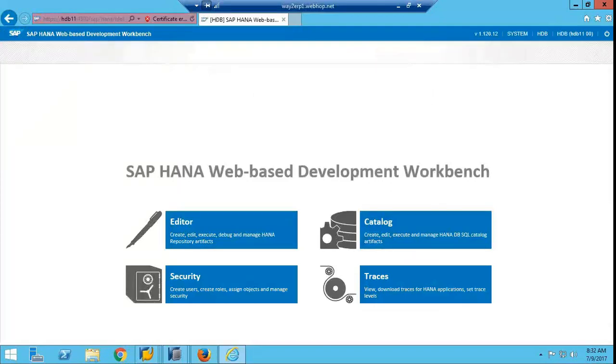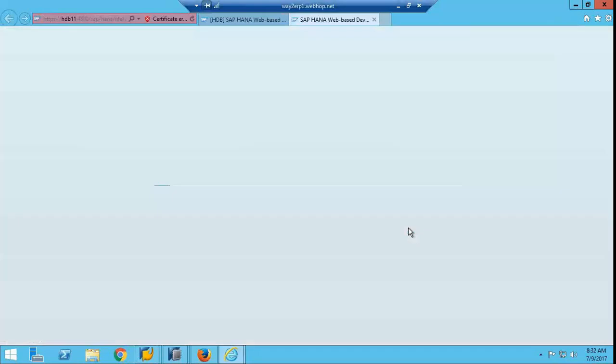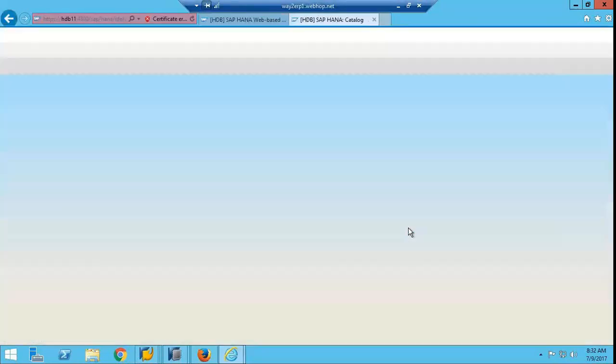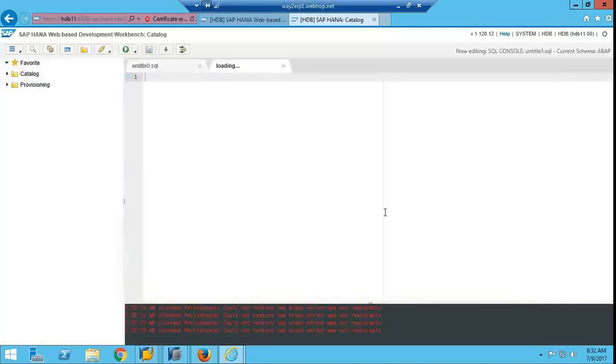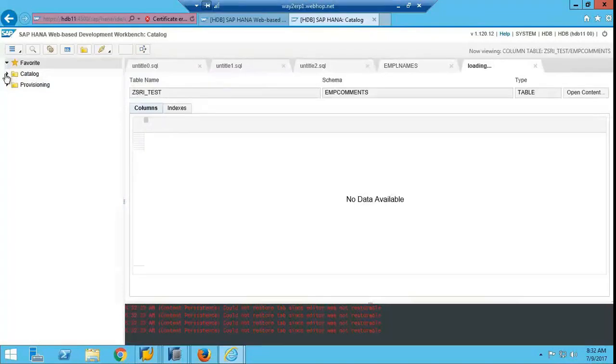See here: editor, catalog, security. If you go to the catalog, whatever you are seeing in HANA Studio, a similar thing you can see here. See, all catalogs you can see here.